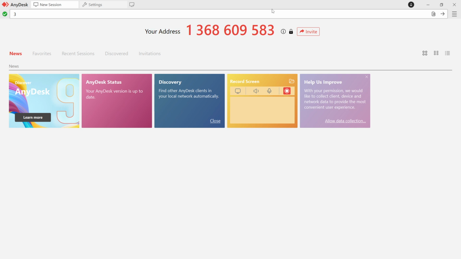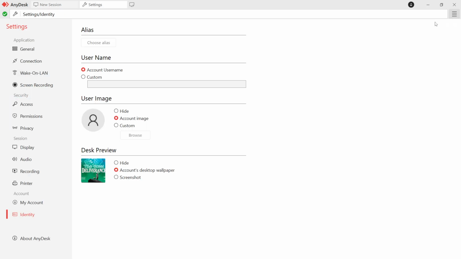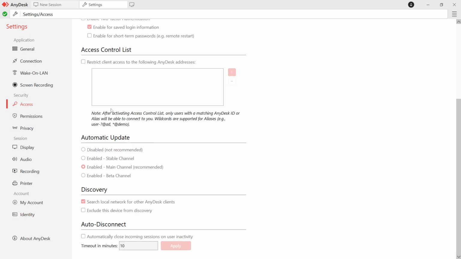Click on the menu icon on the remote device at the top right corner. Select Settings from the drop-down menu, and in the Settings window, head over to the Security tab in the left panel and click on